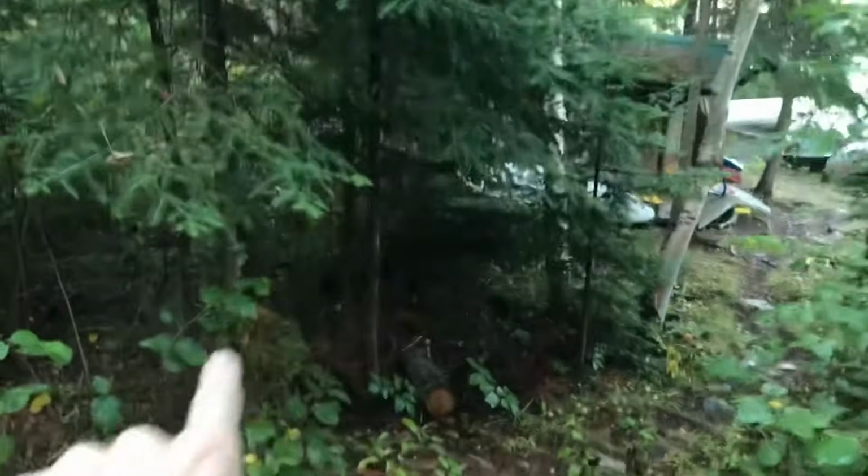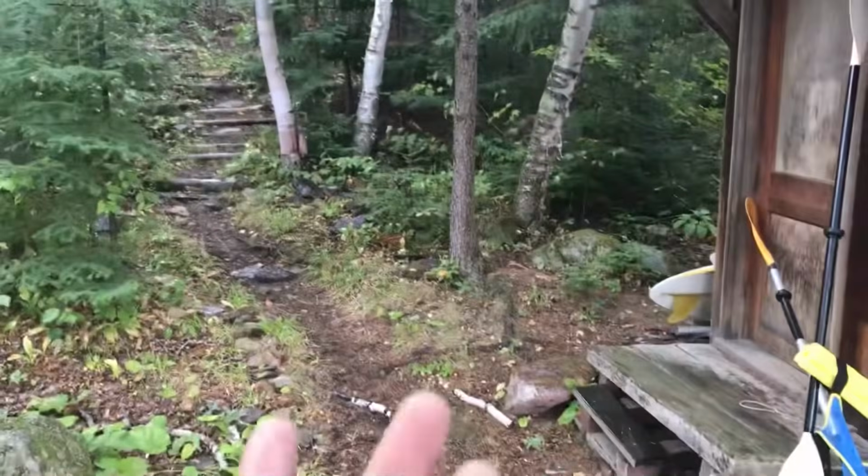All right, now I'm walking back down here to where the pump's at, and I just wanted to point out a couple of things. I think I mentioned this earlier, but this needs to get taken care of. And then you see, like, this hillside is just full of scrub. And then you got this little patch of balsams right here. I'd like to see a little bit of stuff done here. And then you get down here to this structure, and it looks like there's pretty good coverage here from that sprinkler on this boathouse. But I'd like to maybe see that spruce tree get limbed a little bit, or I don't know, it's not very big, but anyways,